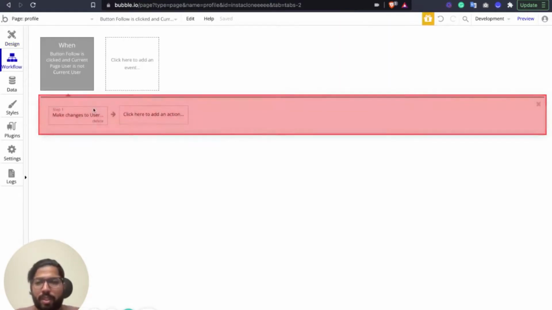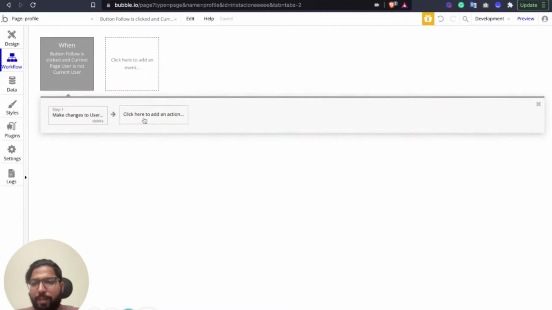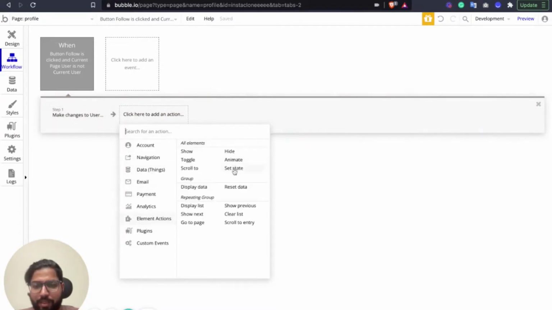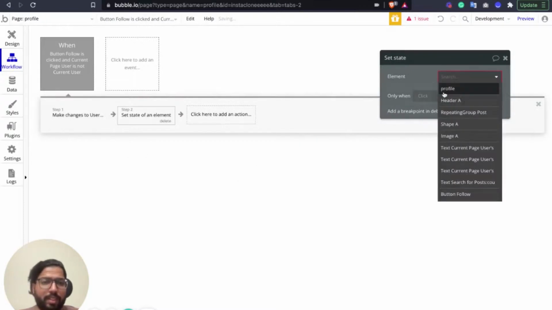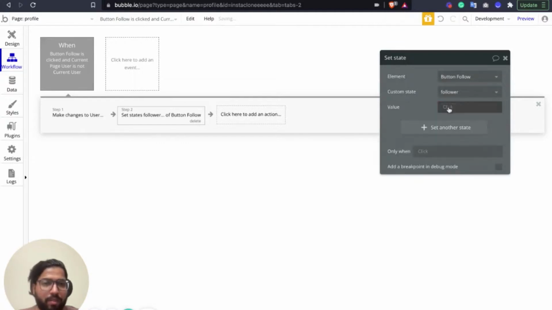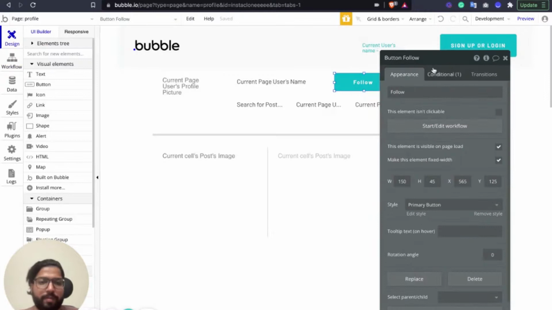So we're going to add one more step in this workflow: change the state, the button follow state, followers, yes. So now the system will know that you're already following the user.